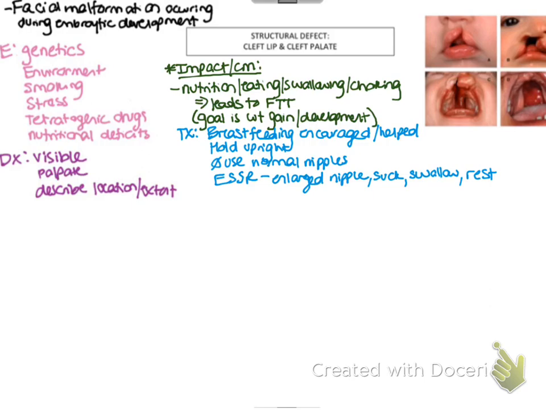Most babies, when you get anything near their mouth, they root. These babies have a little bit harder time because, again, they don't have that same structure there. So we oftentimes have to stroke underneath their chin, make sure that they have a good seal to help stimulate that suck. We want to see them swallowing. If we're watching them feed and we don't see swallow, that means they're probably choking on it or it's not going down. And then sometimes they just get tired because, again, they have to work a little harder. So if they're getting tired, we need to stop the feed for a few minutes, let the baby rest, and start back up again. Burp frequently.